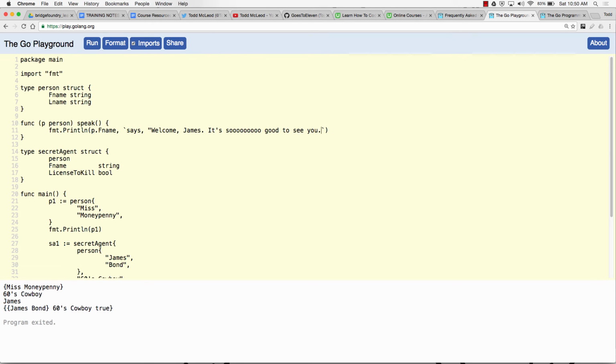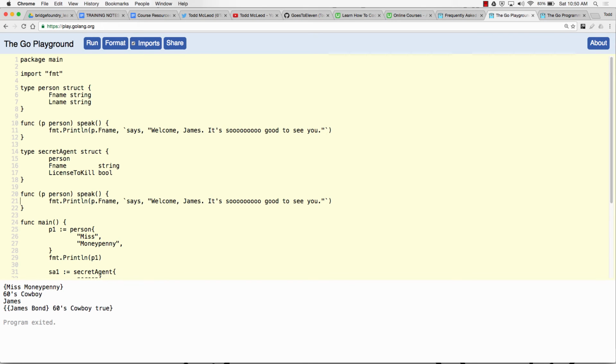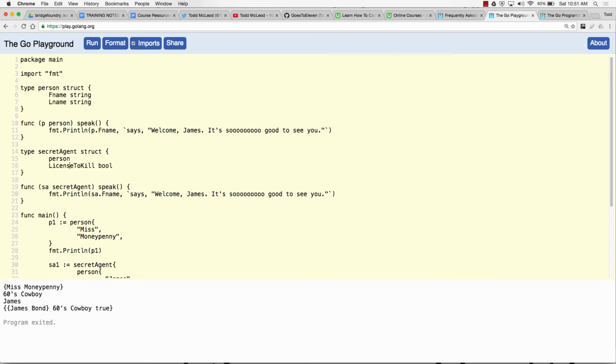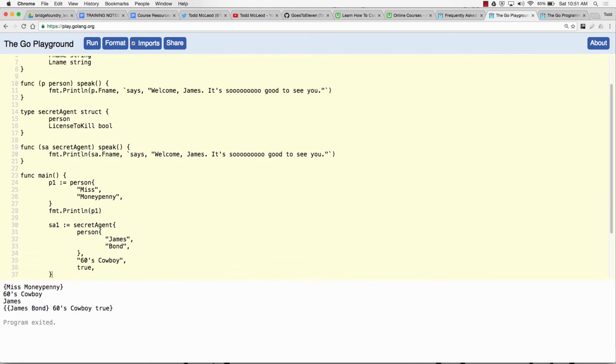All right, Miss Moneypenny always kind of had a thing for James. And then we're going to do something for secret agents. So we're attaching methods to our type. And by the way, I'm going to get rid of this inner type promotion or that conflict.